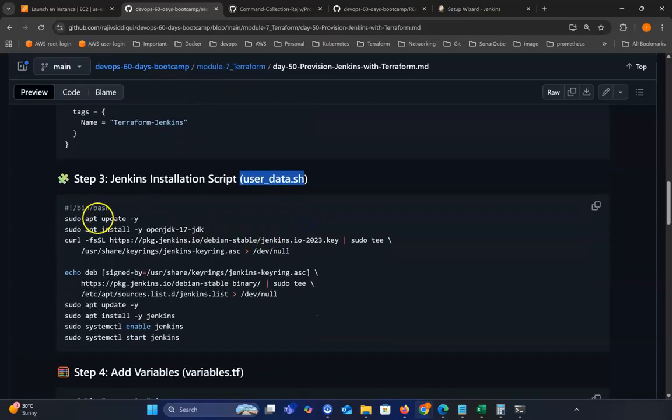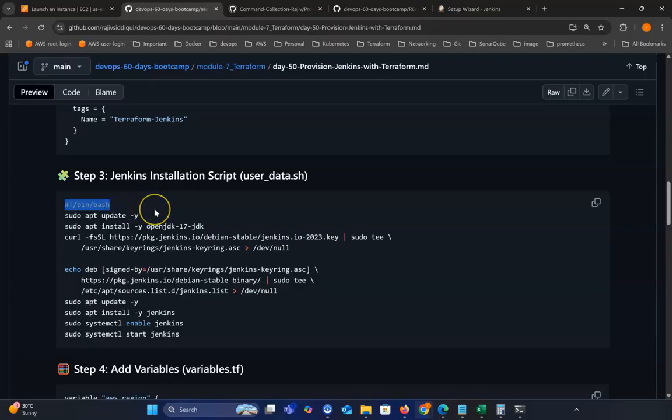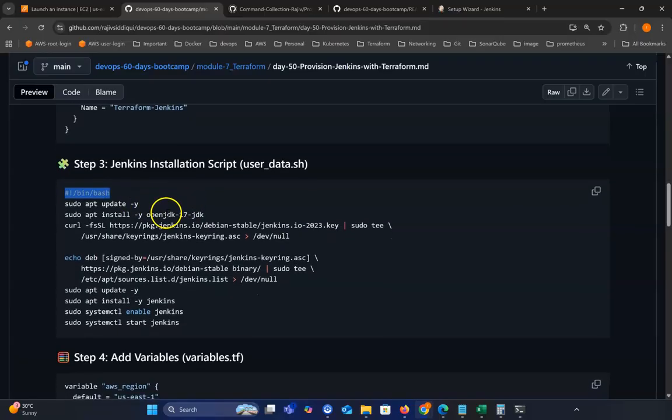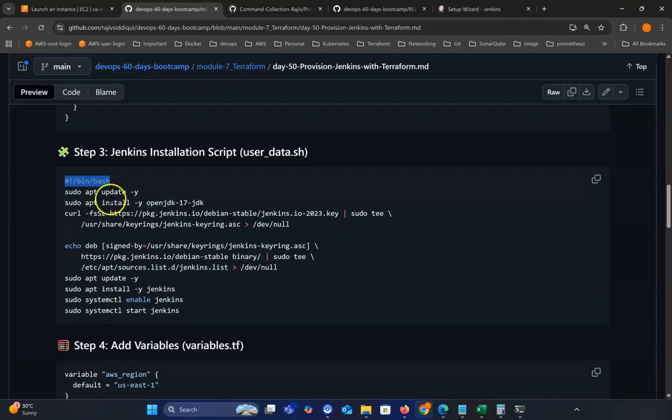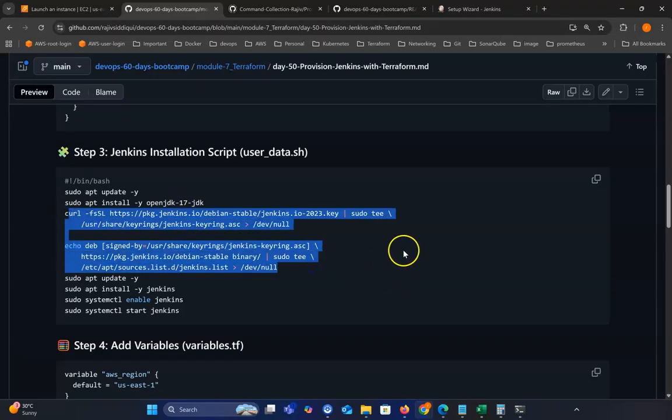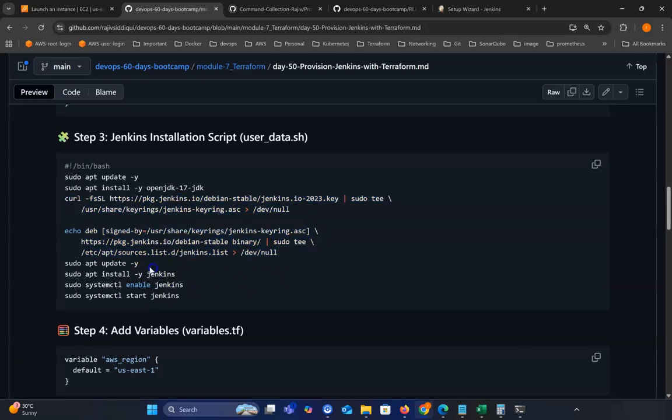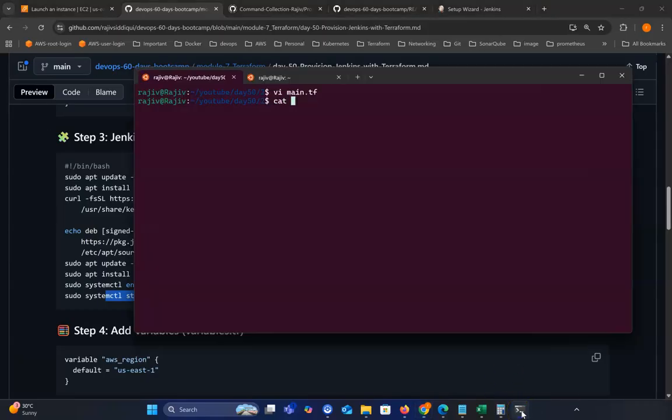In the user data script, we already know we need to add #!/bin/bash, otherwise this script will not run as a bash script. So what I will do is sudo apt update, then install OpenJDK 17, then add the Jenkins repository, then sudo apt update -y again, install Jenkins, enable Jenkins, and start Jenkins. So copy that one and make sure the user_data file name is the same. So cat